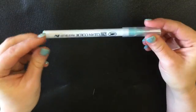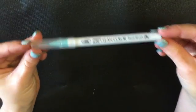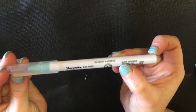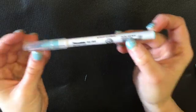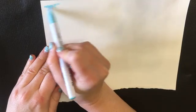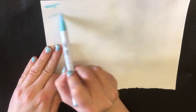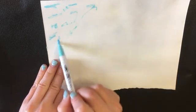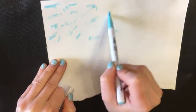And then my other method is I mostly use when I'm coloring with my Zig Clean Color pens, and they look like this, and I usually use the light blue, number 036 light blue. And I just use watercolor paper with it, and really any kind of watercolor paper works for this because you're not even adding that much. So I just scribble on kind of here, there, and everywhere, just little dots,